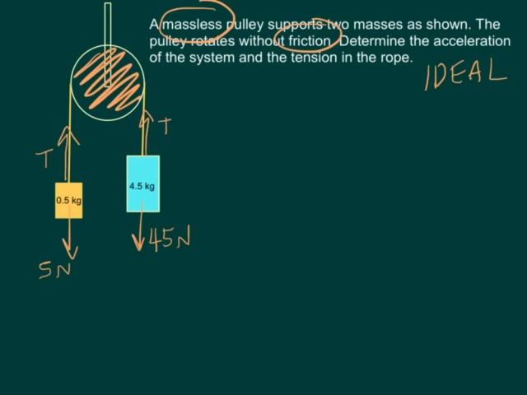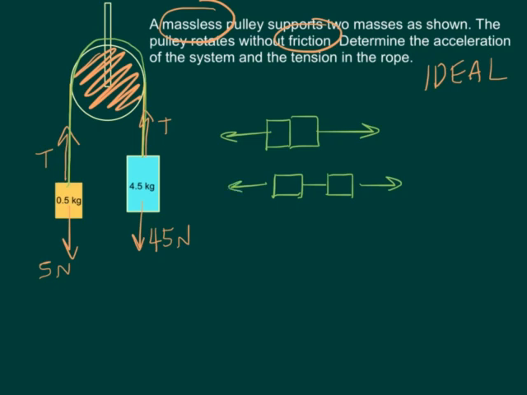The next thing I'm going to do is redraw this picture, or at least think of it in my head, as if there was this system of these two masses combined together being pulled in opposite directions. So what I've done is I've taken this rope that goes around the pulley and I have straightened it out so that it looks more like this. Maybe it might be better to draw it more like this. That might make more sense, that there is a rope between them, but there's a force pulling the system in opposite directions. So I'm going to think of this more like there's 45 newtons pulling one way and 5 newtons